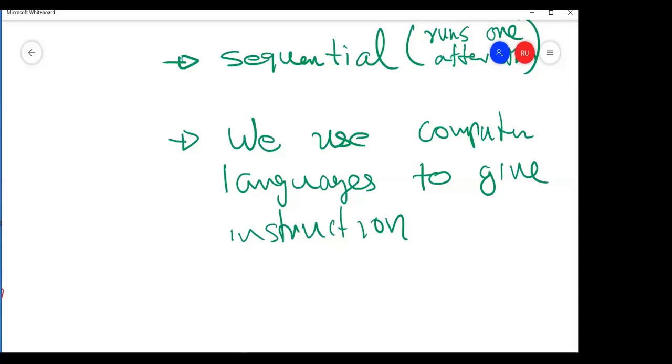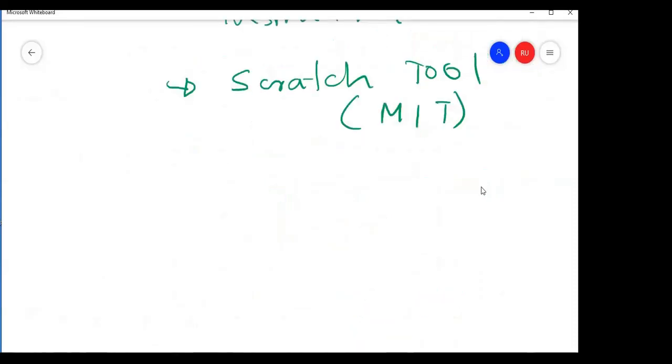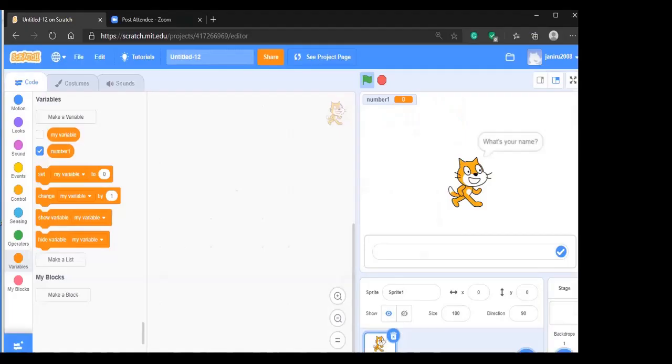So yesterday I showed you this Scratch tool, which is developed by MIT, the American University. We will go through that. When you go to the Scratch site, I think some of you may have seen it, and this is very simple, but I want everybody to get the fundamental concepts of programming.